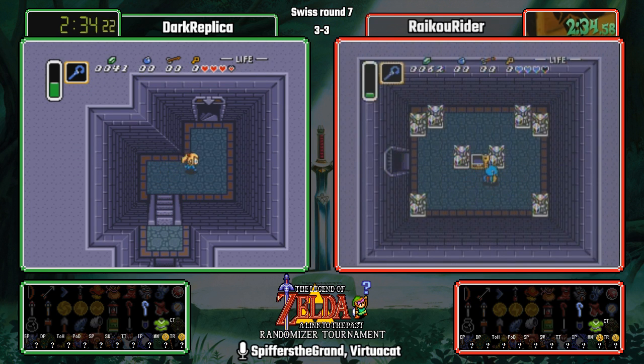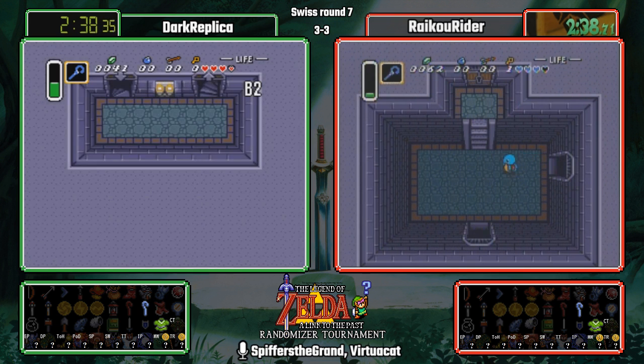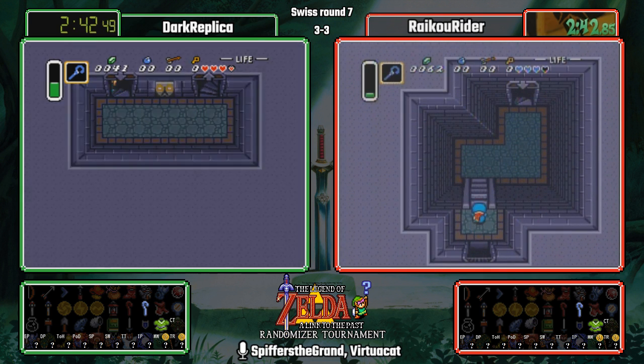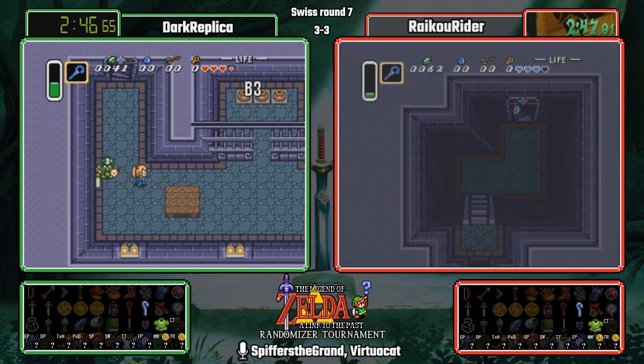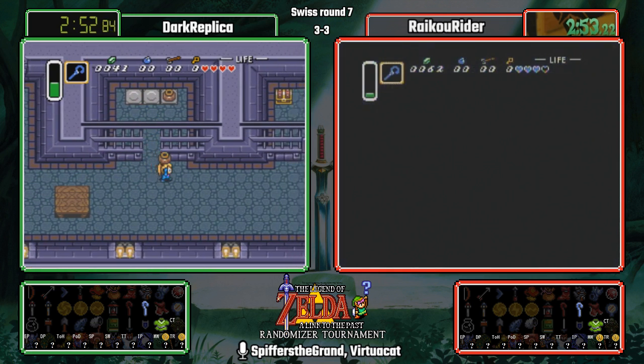So for those who don't know, the Cane of Byrna has a much larger cost on activation, a much lower cost to keep going. So the effect of these extra activations, I believe, is a full 1/8 of a magic bar, so basically the same as a fire rod shot. But the cost to keep it activated is actually very, very low. So